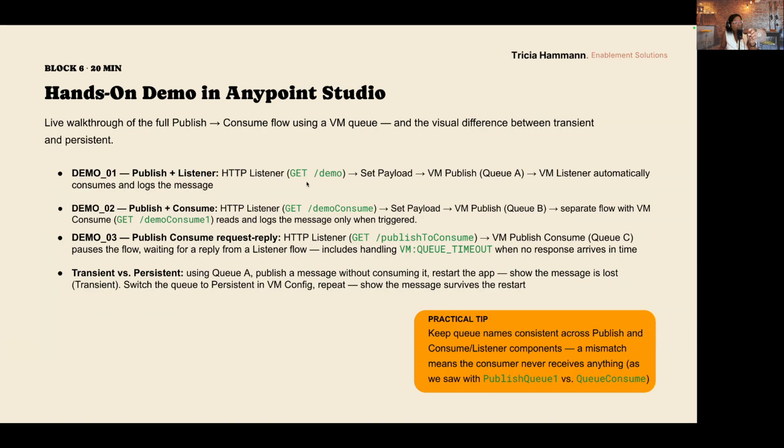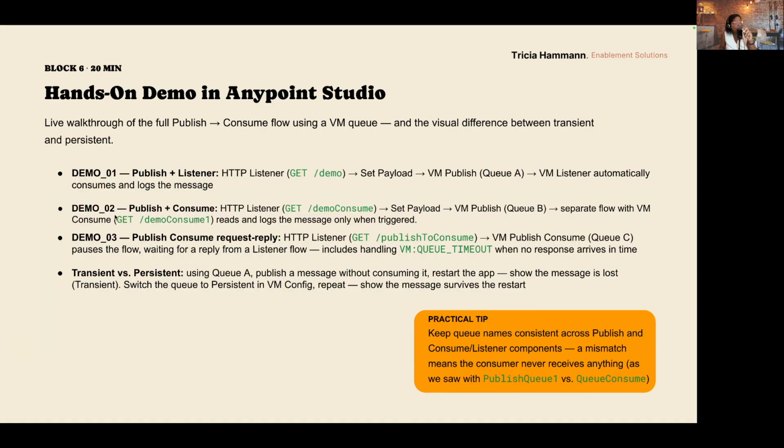We configure the listener to handle requests with the method GET, and the path is going to be demo. We work with a set payload transformer and a VM publish operator working with QA. We then work with a VM listener, which automatically consumes and logs the messages. For it, we work with a logger as well.